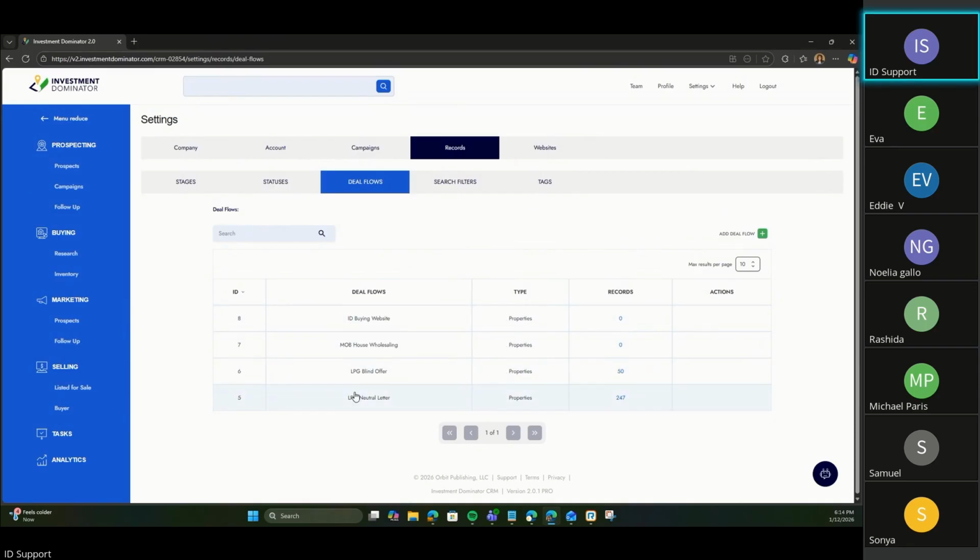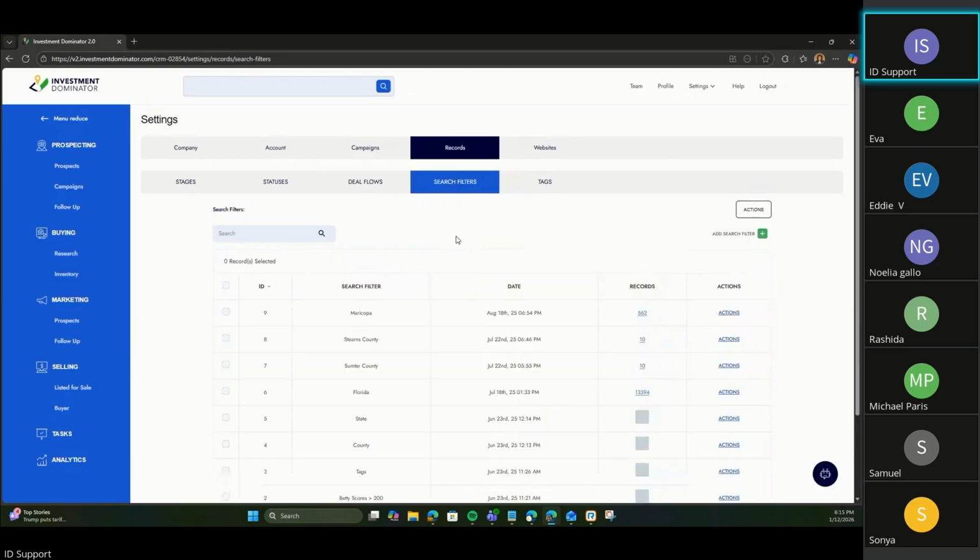If you're using the LPG neutral letter, the neutral letter is the classic tried and true deal flow. So that's sending out the prospect neutral letter to individuals, then going through and following up with them. You send that mail letter one, and then as you move forward in the process, pending preliminary research, you research and send those individuals an offer. If they accept the offer, then you go into open escrow, then ultimately selling it to someone else. So that's the entire deal flow.